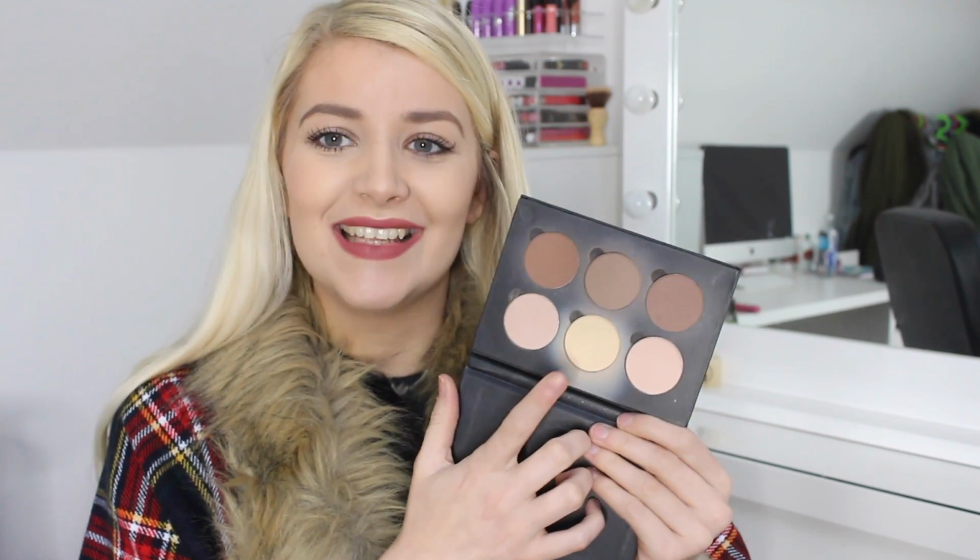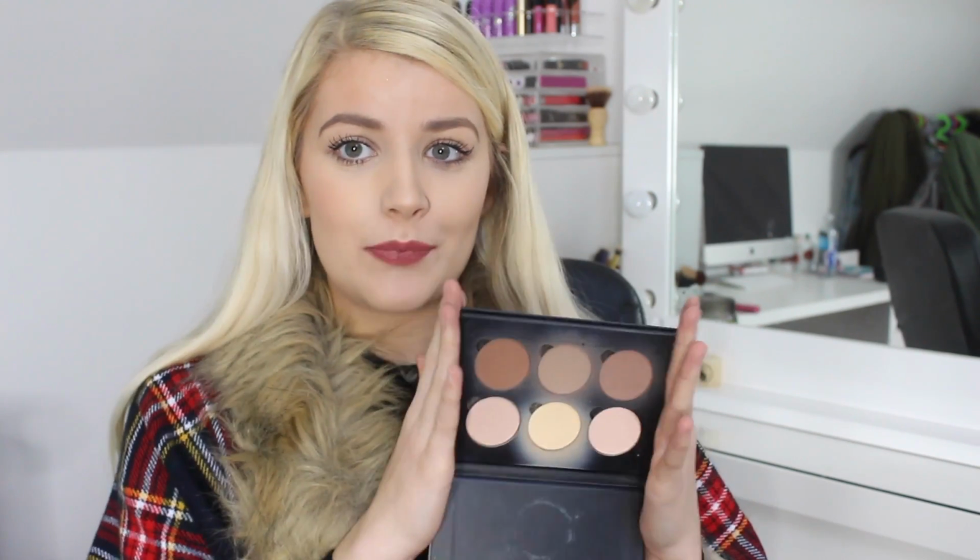So to link onto the under eye area, I've been using my Anastasia Contour Kit nearly every single day for the past maybe couple of months now. And the shadow that I've been using the most, as you can tell, is the banana one. This is really nice for underneath the eye area. It brightens underneath the eye, but I don't think it's as bright as it probably should be. It is brightening, don't get me wrong, especially when I've got fake tan on, then you can tell that it is really brightening, but for my natural normal self, considering this is the light palette, it's not that